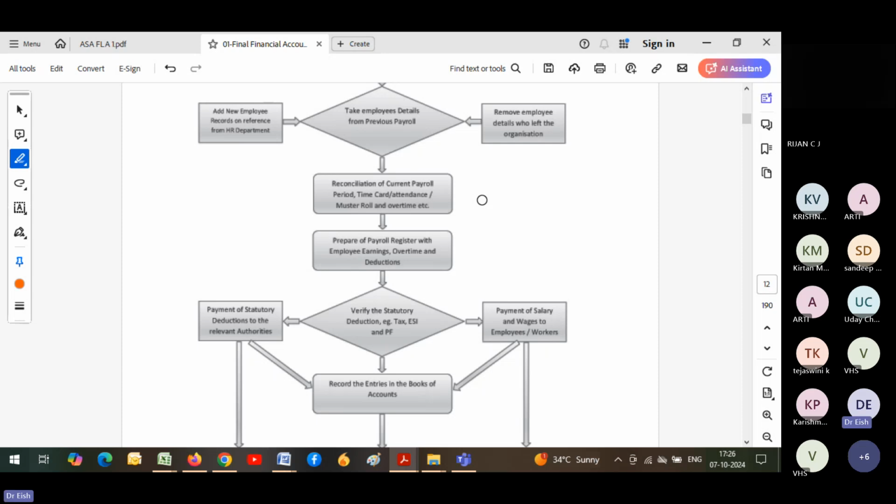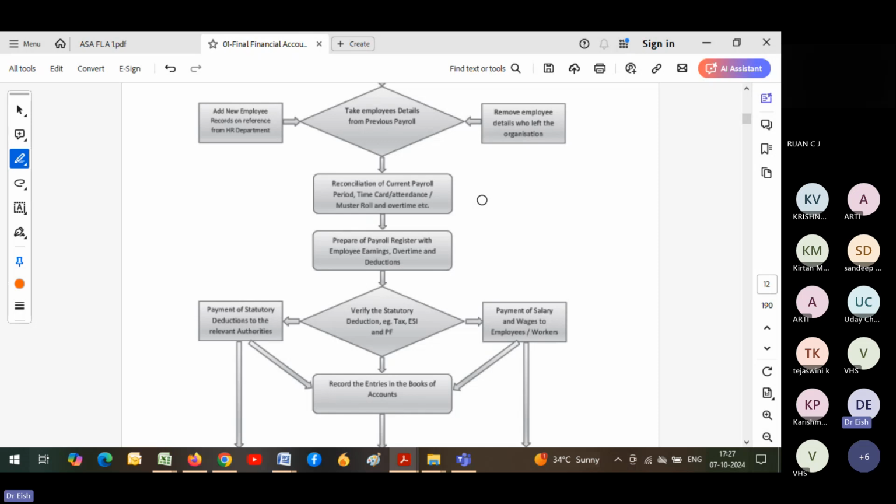Verify the deductions, taxes, ESI and PF, and after that payment of statutory deductions to authorities, record the entry in the books of accounts, payment of salary which is to the employee. तो जो आप पेमेंट की एंट्री करते हैं, पेमेंट वर्कर्स को, एम्प्लॉइज को होती है फर्स्ट पार्ट। आप डिडक्शंस करते हैं, डिडक्शन 7 को, 15 को, 21 को, जो भी इसकी ड्यू डेट है उसी दिन को कर देते हैं, उससे पहले कर देंगे क्योंकि उसके बाद करते हैं तो आपको फाइन देना पड़ता है।